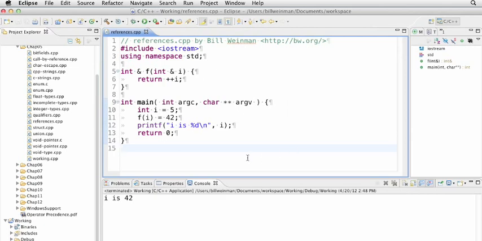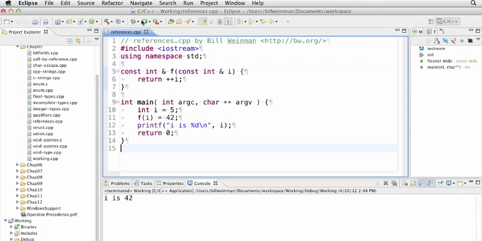And this is commonly how things like operator overloads are done, and we'll cover that when we get to C++ classes later on in this course. But for now, you need to know that this is something that can actually be very dangerous. The intent with references was to make some things easier and to make some things safer, but it also made some things more dangerous. So here's a solution. Every time you use references in a function, you return references or you pass references, you always want to declare them as const unless there's a good reason not to. And there will be times when there's a good reason not to. So if I say const int for the return type and const int for the passing type,